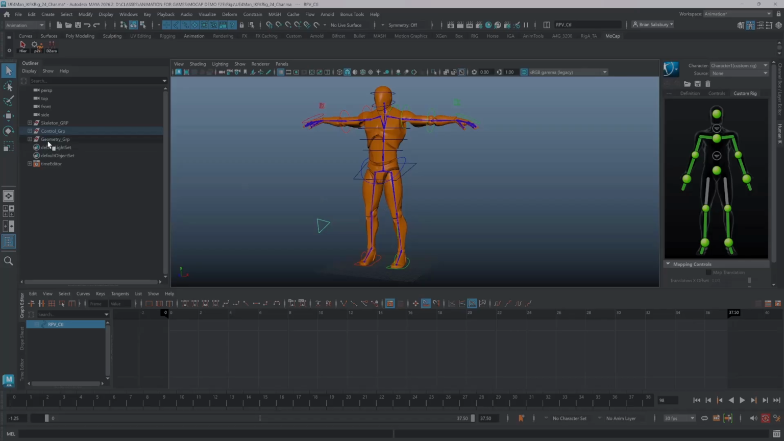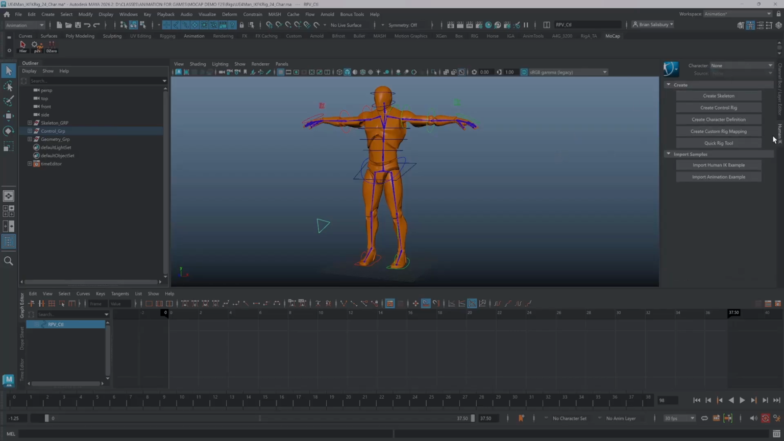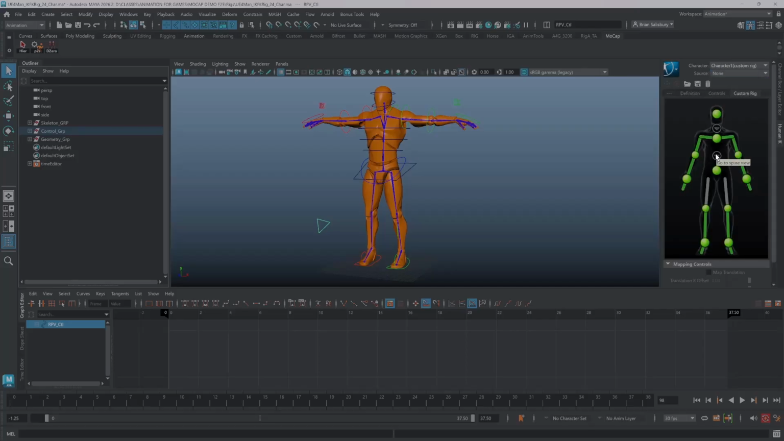Anyway, anytime we're opening these files, they all share the same name. I think where it gets most confusing is when you've got a few files in and you're not sure which ones to delete. Also in the character rig, or pardon me, in the human IK section, let's set this to none, and I would definitely recommend going to none before you